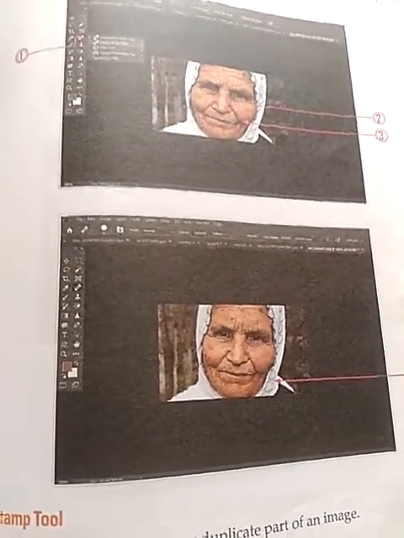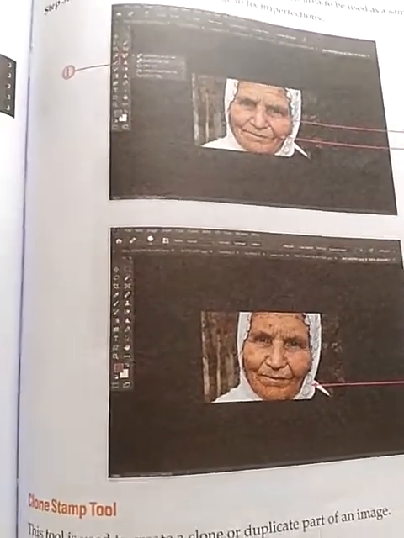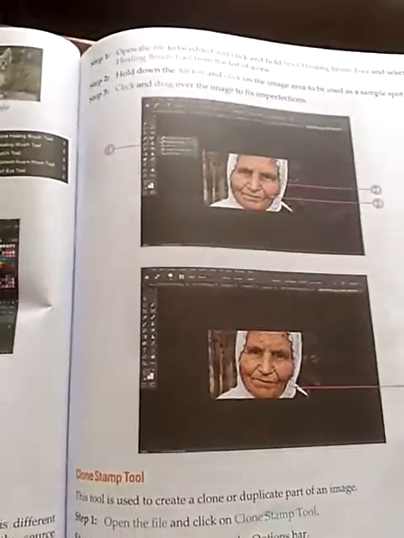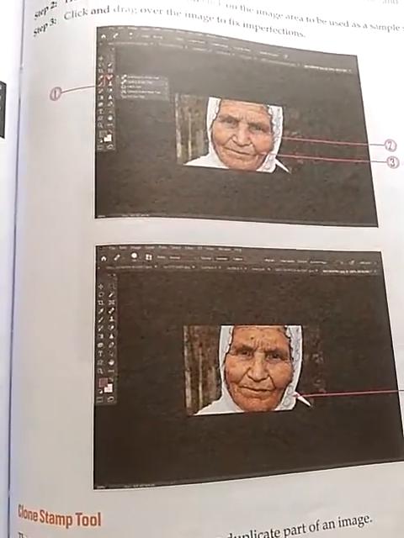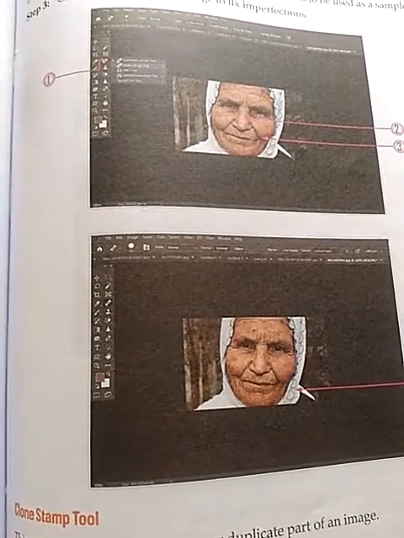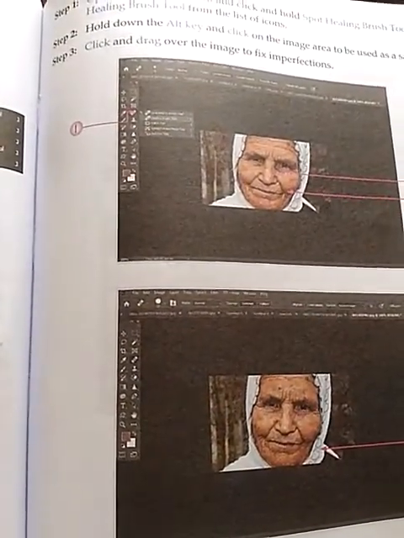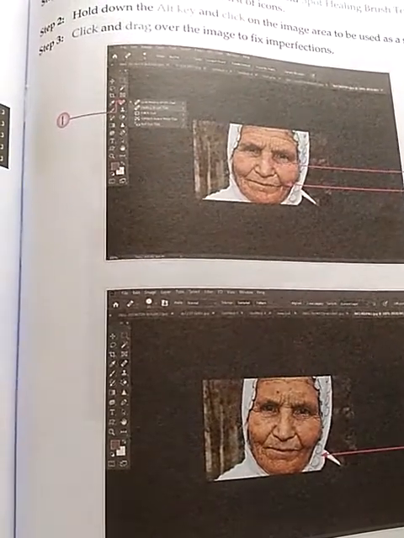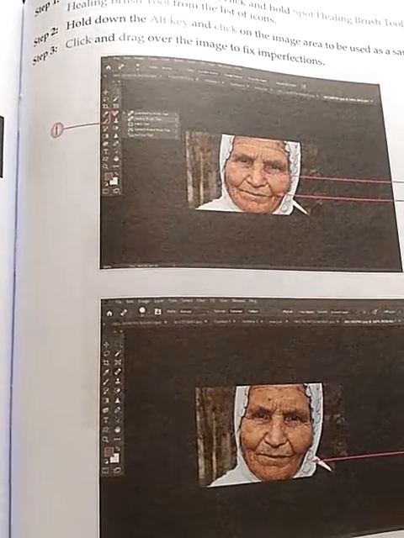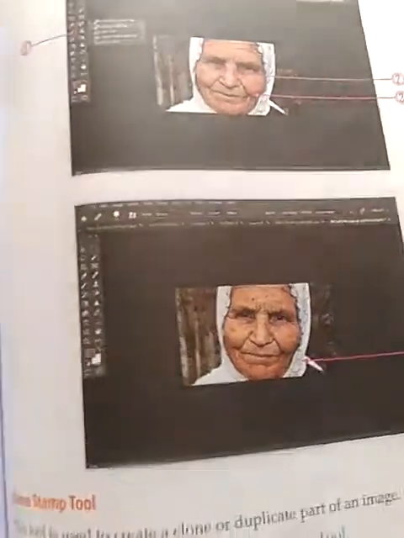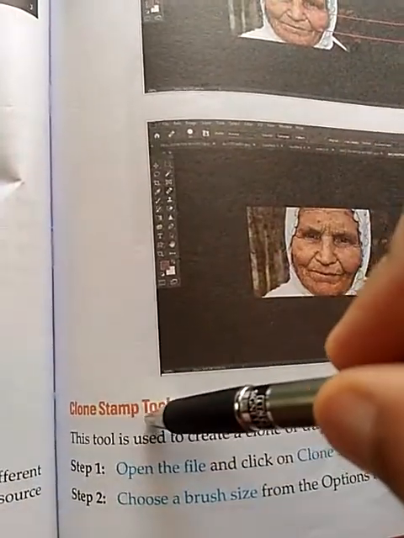So in the healing brush tool, first you need to select the area which you want to copy, and after that you have to apply that copied area to the destination where you want to heal the image. To copy the area, you need to click the mouse while holding the Alt key.